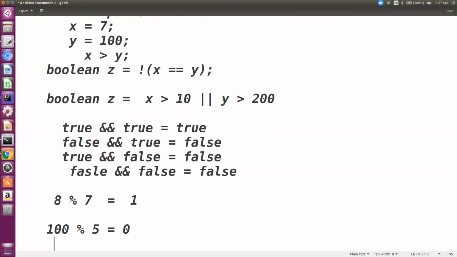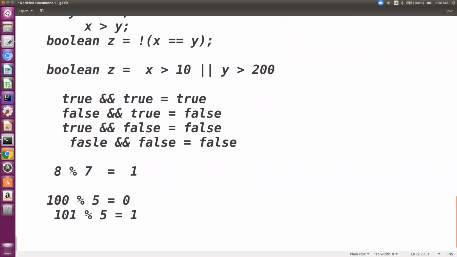If it is 101, what will be the answer? 1. So you see, the percentage operator has this very peculiar behavior, that when you have to write a rotating logic,